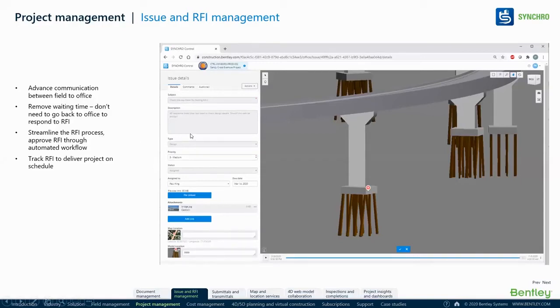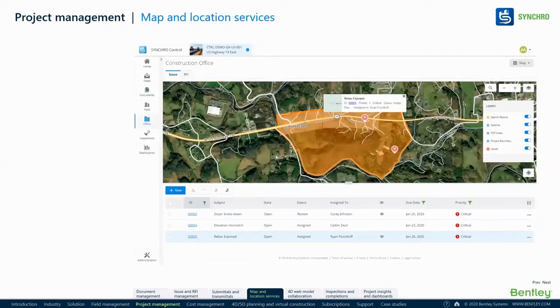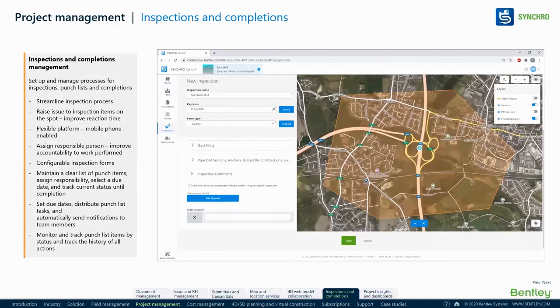Maybe I'll show what can be handled here. You could create an issues management system where you can streamline your RFI process. You can track your RFIs. If you have a transportation project or maybe a plant project, you can pinpoint where exactly those issues and RFIs are. You can use Bing Maps, which is free, which comes in this as a location-based service, and you can convert to that. Also, you can do inspections. This way, the inspection can be streamlined.